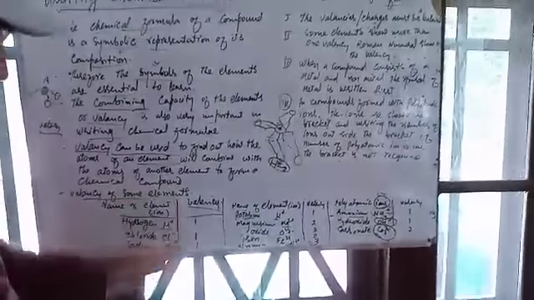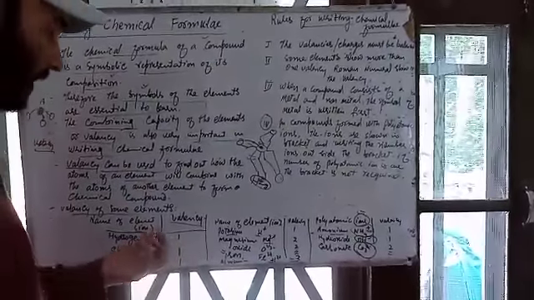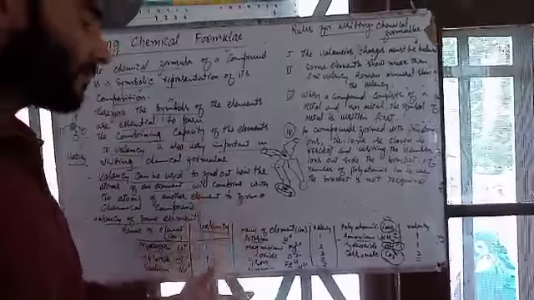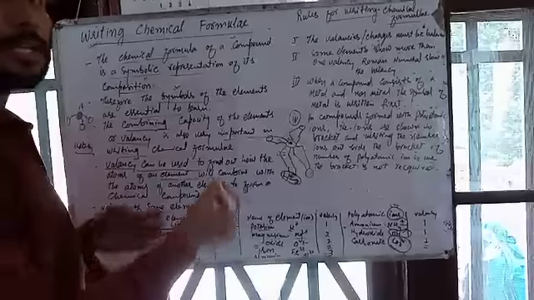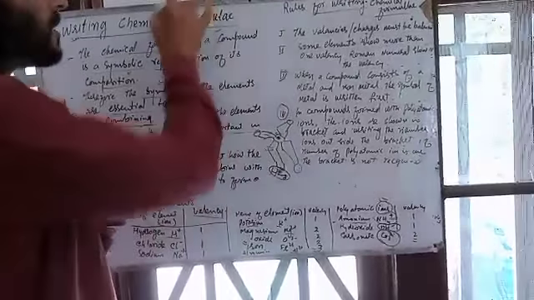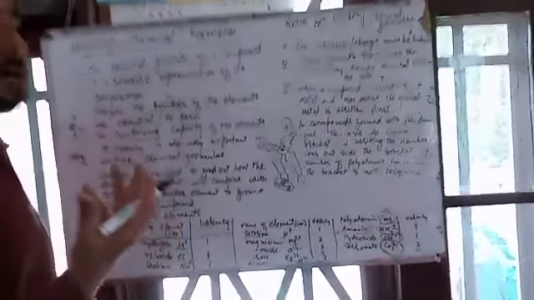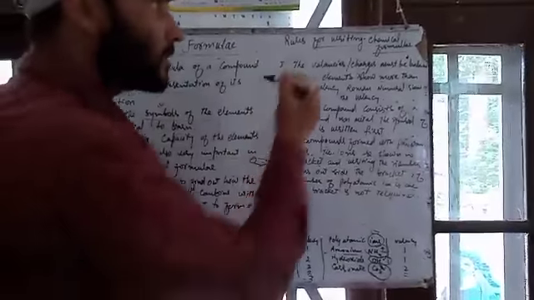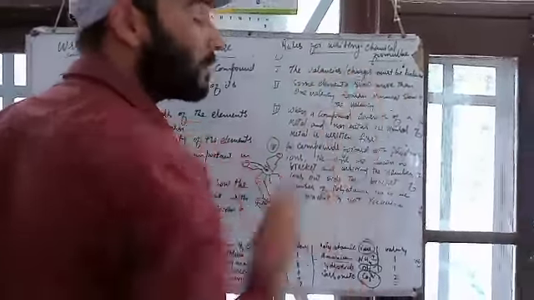These are polyatomic ions, and you have to memorize the valency of different elements and different ions so that you can directly write the chemical formula of a compound. Now, what are the rules for the chemical formula? How do we write the chemical formula? There are certain rules. Rule number one is that the valency or charges must be balanced.